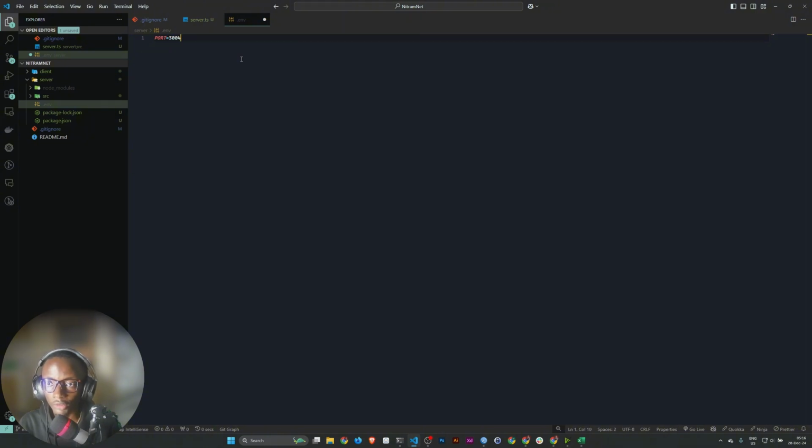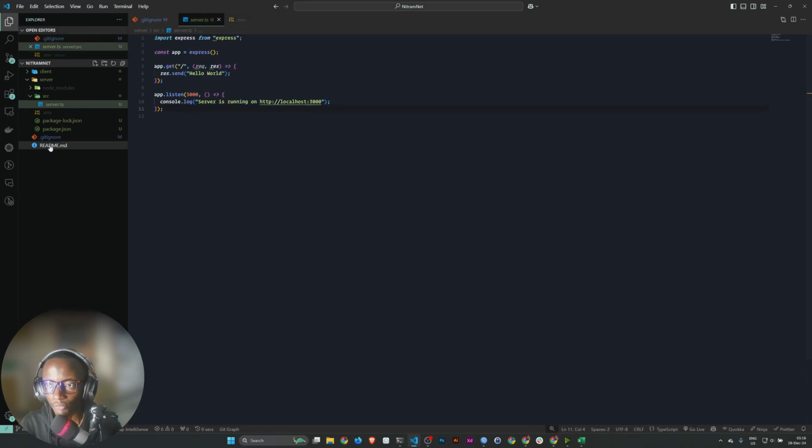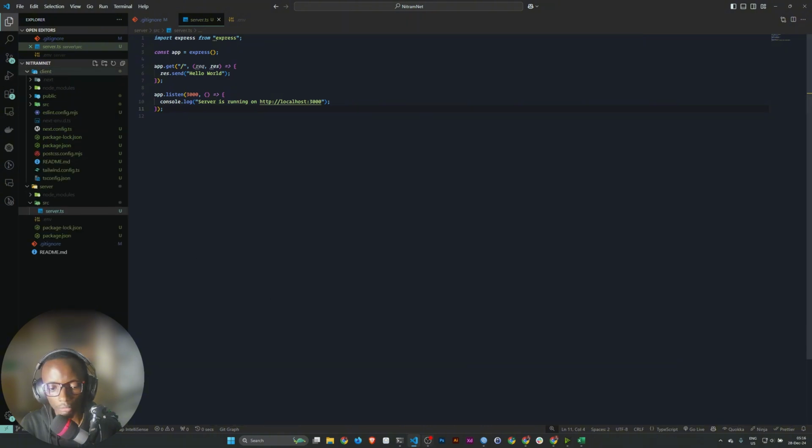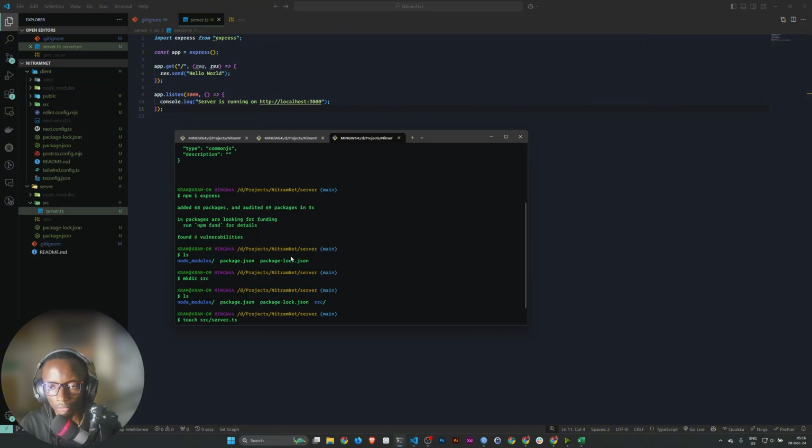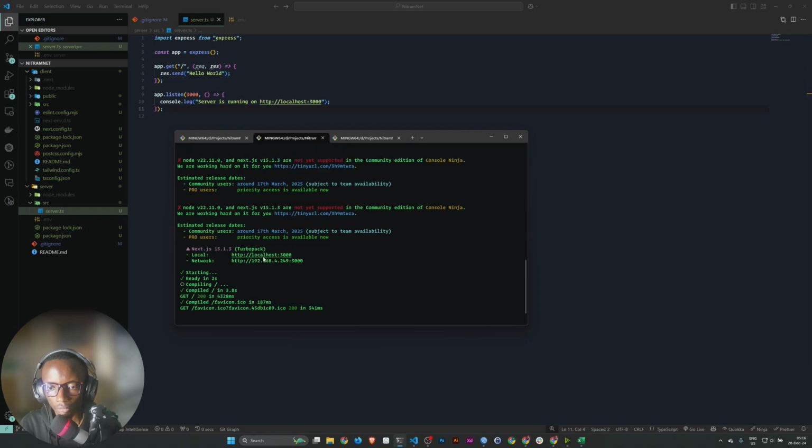For my server, I'll be running it locally on port 3005, and even on the VPS, when we later come to running it, it will be on port 3005. 3000 is for the client, that's provided by default by NextJS.